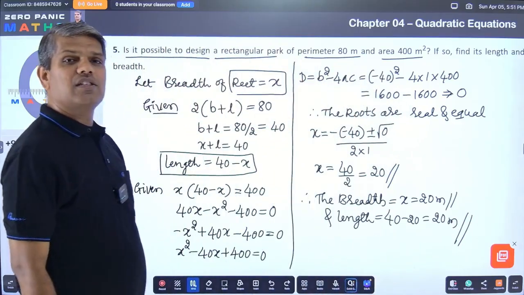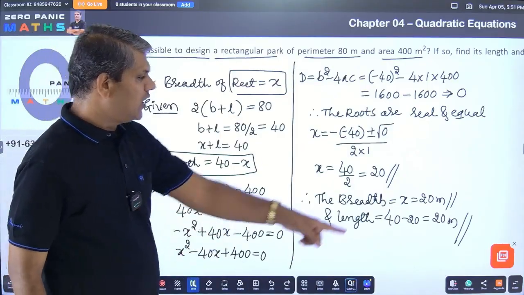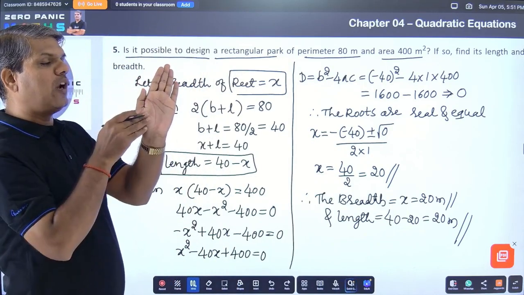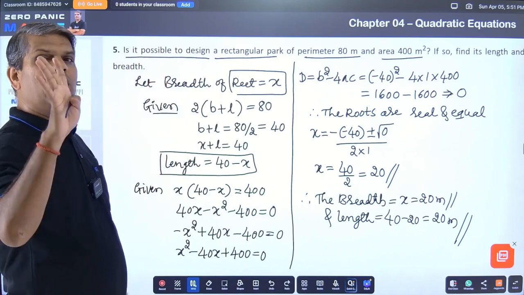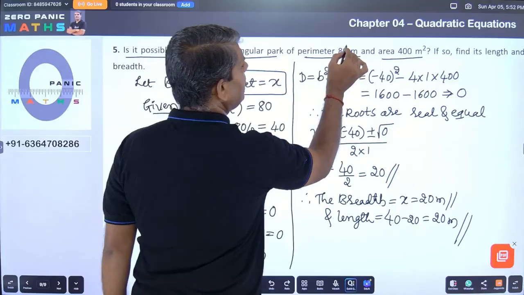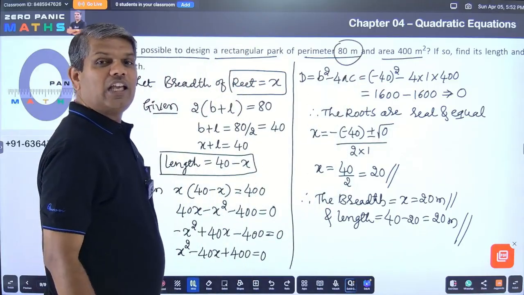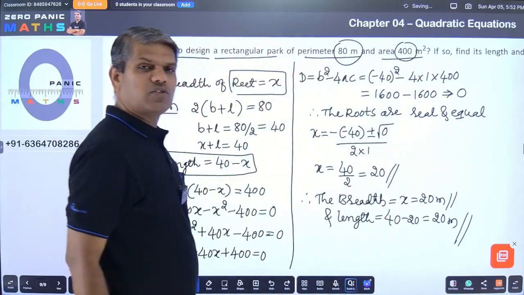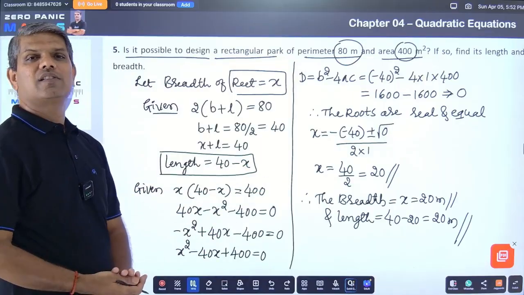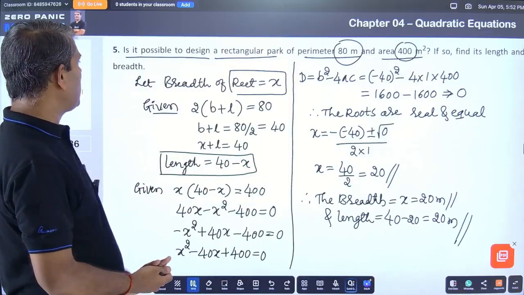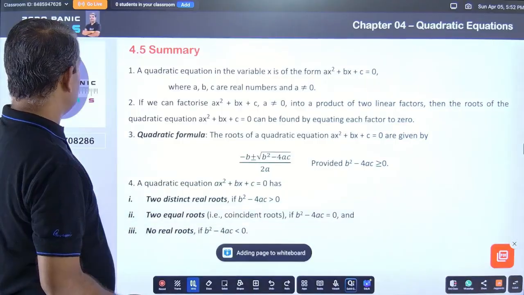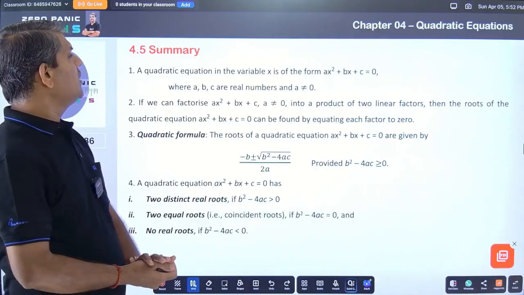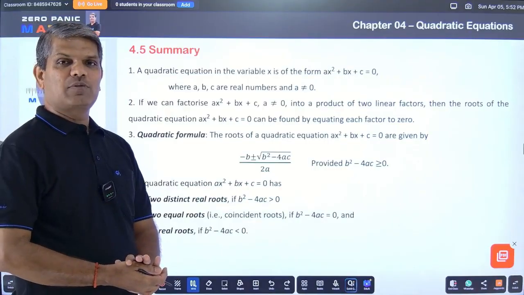Let us see whether the situation is correct or not. 20 meter are the length and breadth of the rectangle. So if you add 20, 20, 20, 20, 4 times, it will be 80 and 80 is the perimeter. Is it correct? If you multiply 20 by 20, it will give you 400. 400 meter square is the area of the rectangle. So that is the solution. Understood this point? Okay, now this completes all the exercise problems of 4.3, and